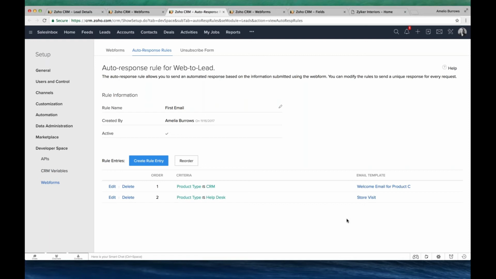So we have given this a long time back. Probably most of you might be using it. If any of you missed it, you can make use of this to ensure the emails are being received by the end customers based upon what they actually choose. So this is about the auto response rules.